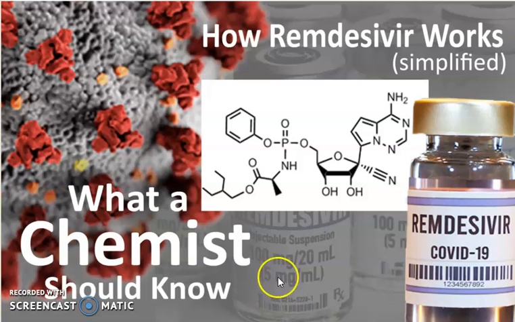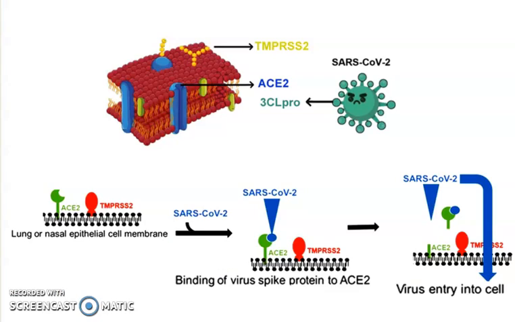Today we will see what Remdesivir is and how it is able to save so many lives in India. This is the structure of Remdesivir, and it is an antiviral drug which can mimic the function of adenine. In this video we will briefly see how the coronavirus enters our body, what its genetic component is, and how Remdesivir works. In the last slide we will see a summary.